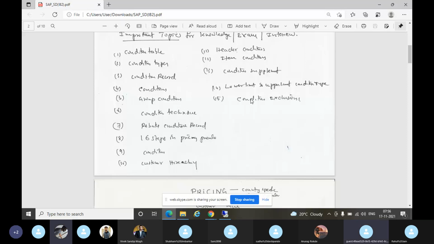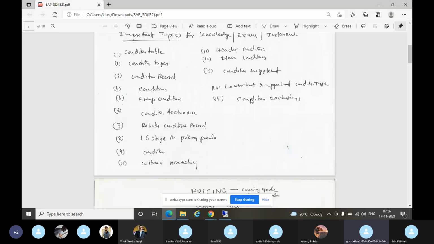Done, sir? Okay. See, you should be aware of these. Aware means pricing, first is condition technique. In condition technique: condition table, access sequence, condition types, maintain pricing procedure, pricing procedure determination. Then the end user is going to maintain condition records or weak manual entries.